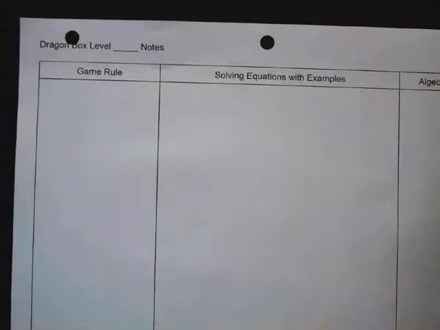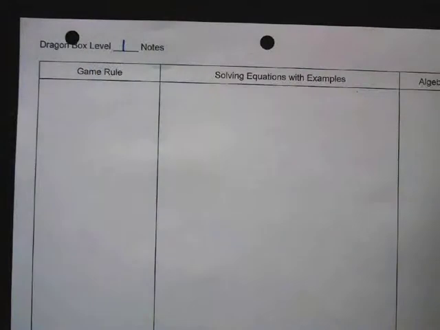Recording. There we go. Okay, let's go ahead and put down, this is for level 1. There was a lot of information, a lot of game rules that we want to establish first before we